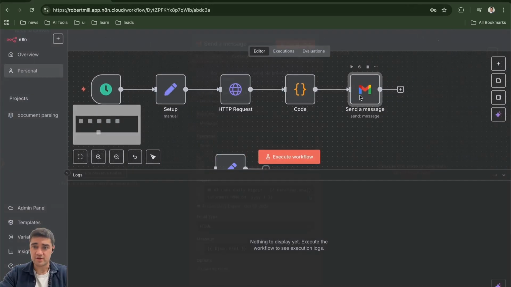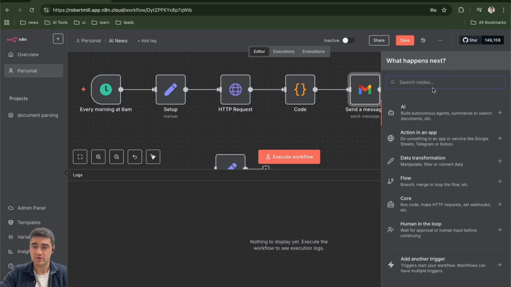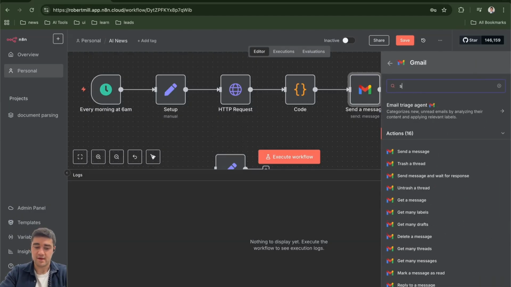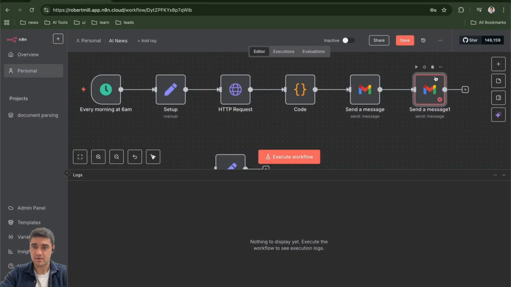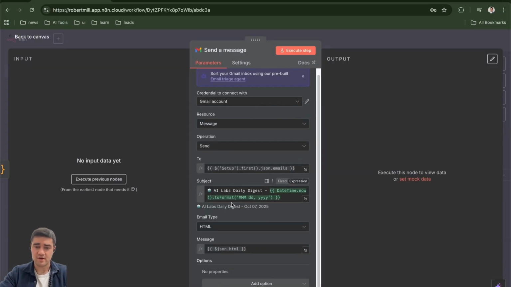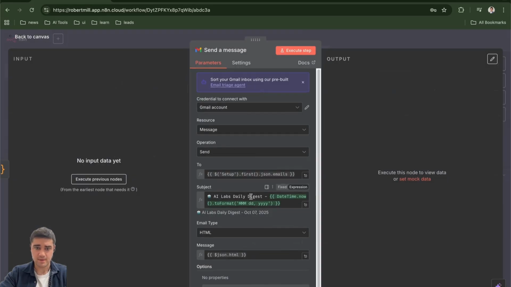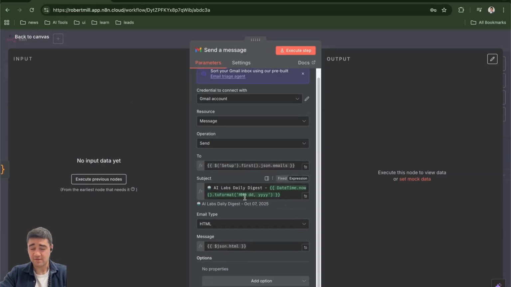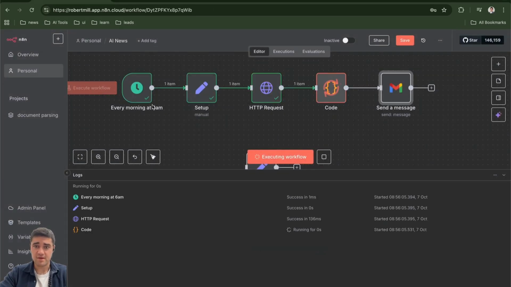And then send message. It's just a node that if you go plus node, Gmail, and then email and then send, there you go. And then you can set it up that way. I can also paste all this information, but this one setup is from here. So you're taking all the information from the setup: subject, email type, etc. And then if we run this, once it's all set up, basically it's going to go to the news API,